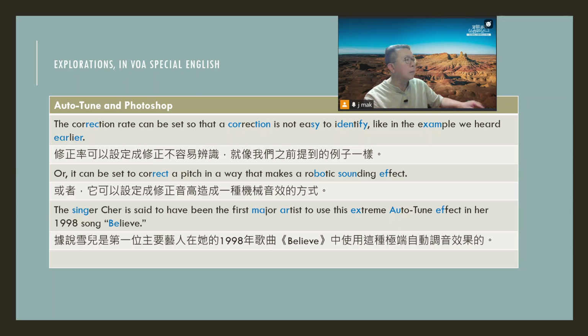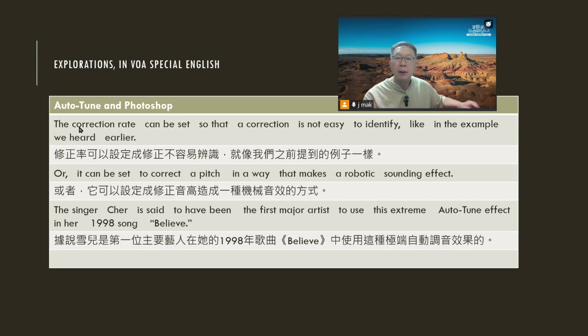1998 song, Believe. 好，我哋會再聽一次呢個錄音，不過今次錄音速度會快啲。嘗試跟讀。我喺呢啲句子已經將佢分成適當嘅短句，你哋應該盡量一口氣讀晒一個短句裏邊嘅字。譬如 the correction rate can be set 就一口氣讀，can be set so that a correction is not easy to identify，唔好逐個字咁讀，否則就跟唔到個節奏。好啦，我哋試下。